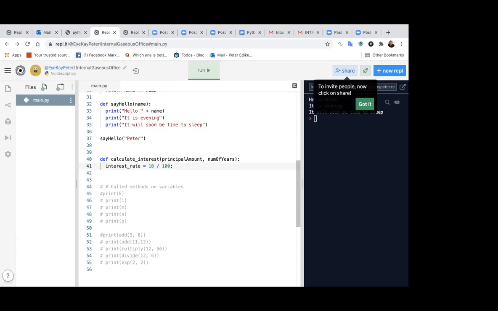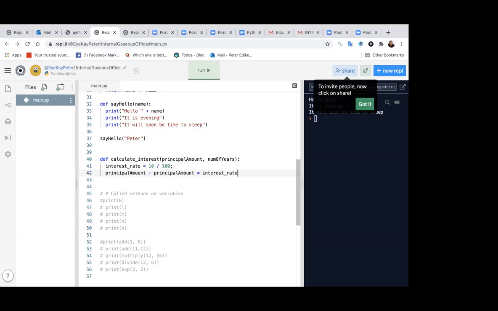Now, which means that at the end of 1 year, the amount of money we expect would be the principal amount, plus the principal amount times the interest rate,